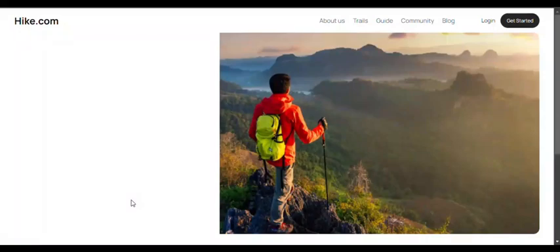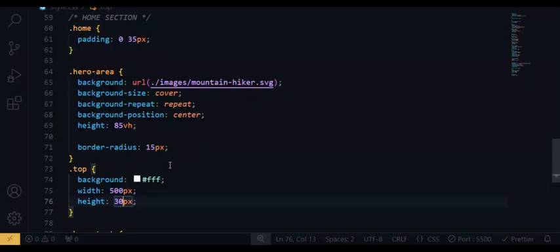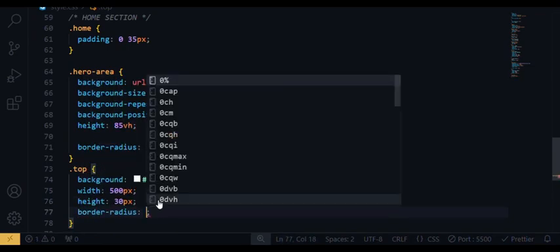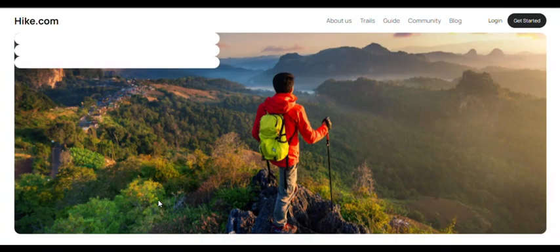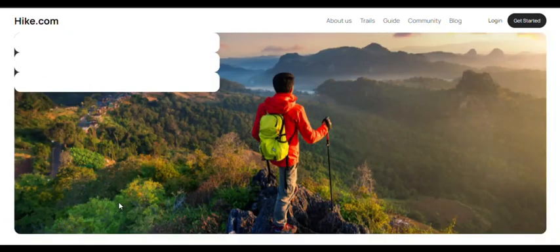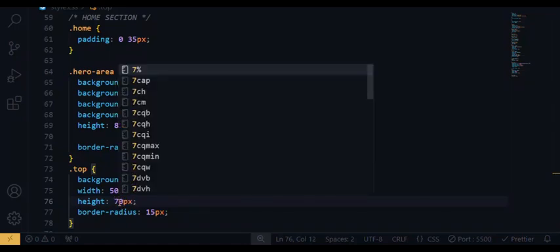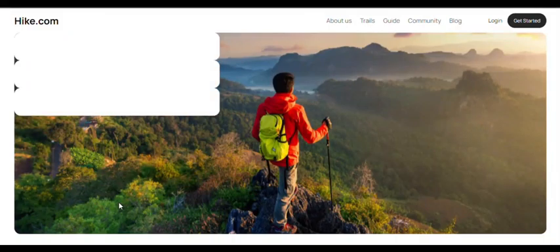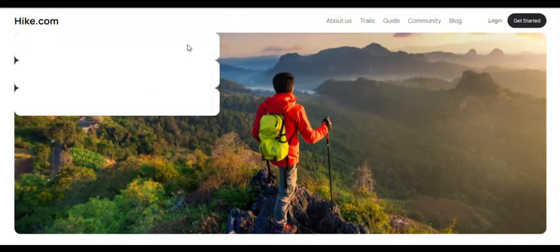Let me reduce the height a bit now. Okay, and then it has border radius, obviously, 15 pixels, so I can see the height better now. So I'll have to increase the height, so I'll be testing it. Yeah, I think that's better now. Alright, so